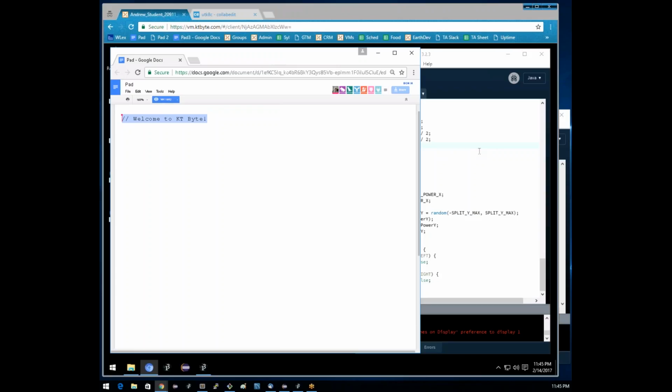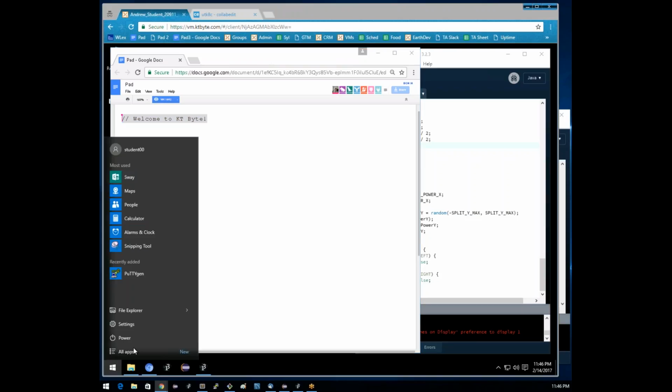Finally, one last thing we might want to do is disconnect from the virtual machine. Usually you can just close the tab, make sure you have everything saved, and it'll be fine. But for instance, if you're sharing a computer with a family member, it might actually log you in as the family member instead of yourself, because it's already logged in as them and it's not trying to log in as someone else. So what you can do is go to this Windows Start menu